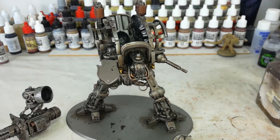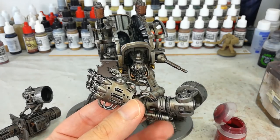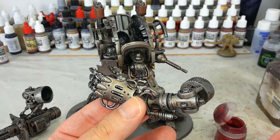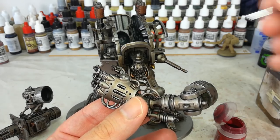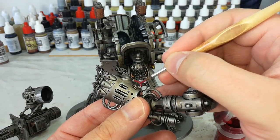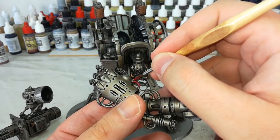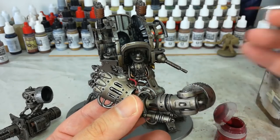So all I'm going to do is corn red, just a little bit of water, okay? I'm not going to bother too much with these. Just enough to get a little bit of colour onto the model in areas where it might normally be lacking. So let's put just a little bit of water off to the side, and then, I mean, you see how easy this is. So I'm going to go around now, and I'm going to fill in all of these rubberized cables